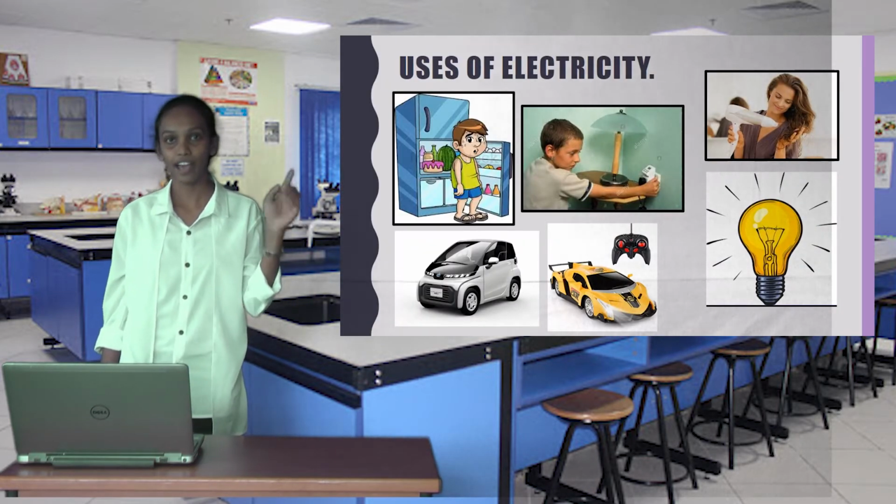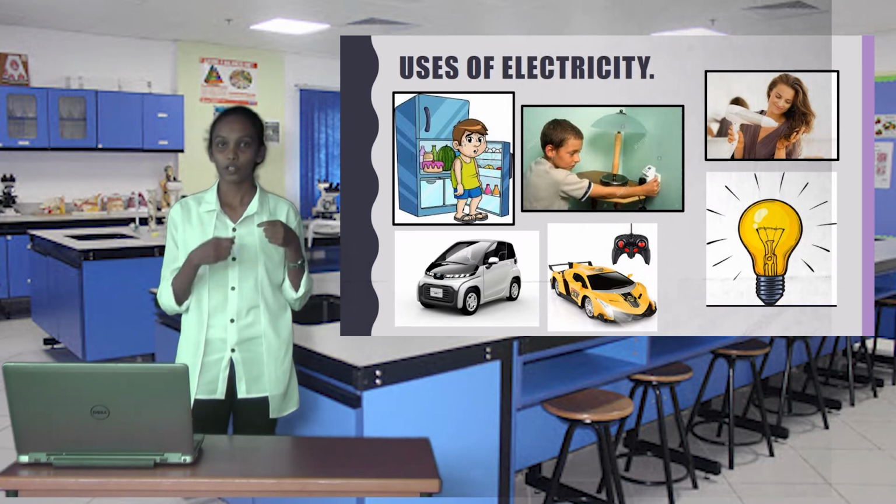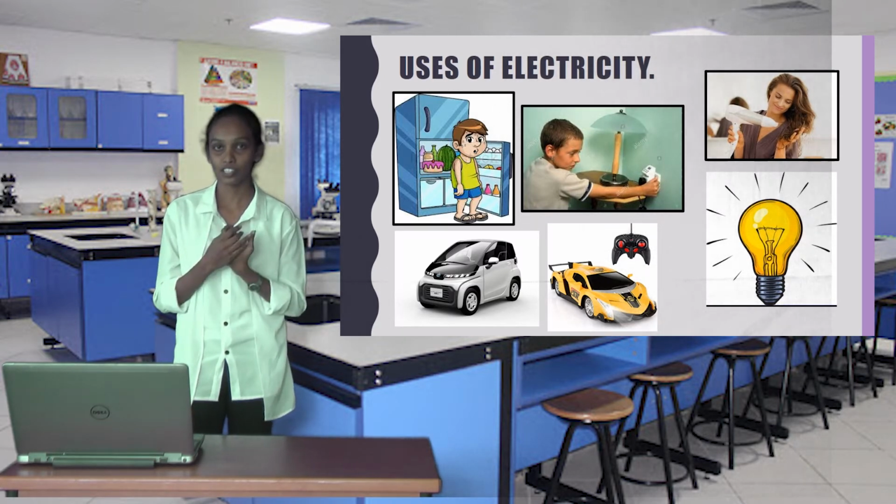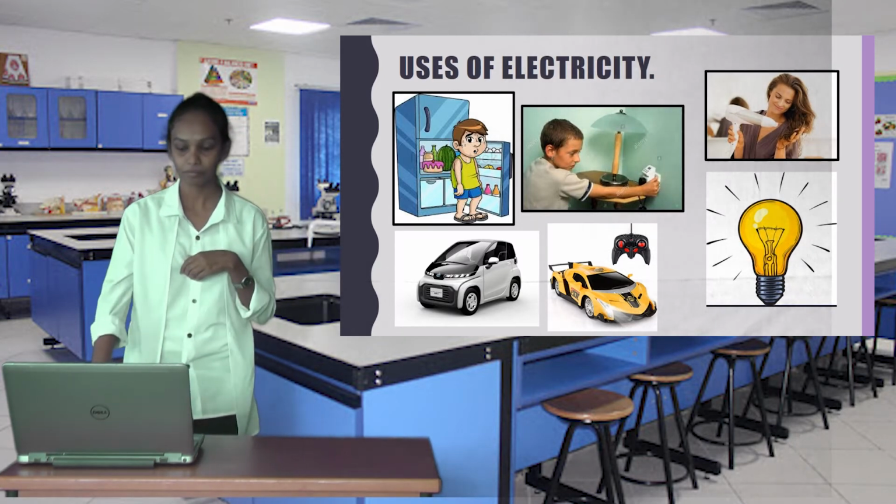Just think, after you go home from school, you go and switch on the light, you switch on the fan, you open the fridge and see whether there is something to eat, like that. How do these devices work? To put the switches on, we need electricity. To put the fan on, we need electricity. When we open the refrigerator and close the refrigerator, electricity is used.